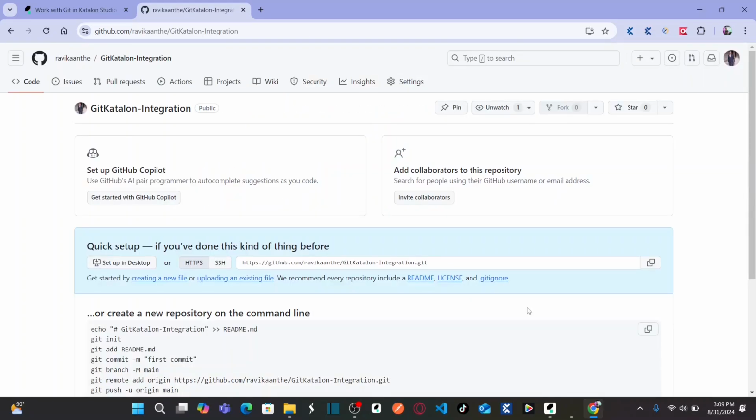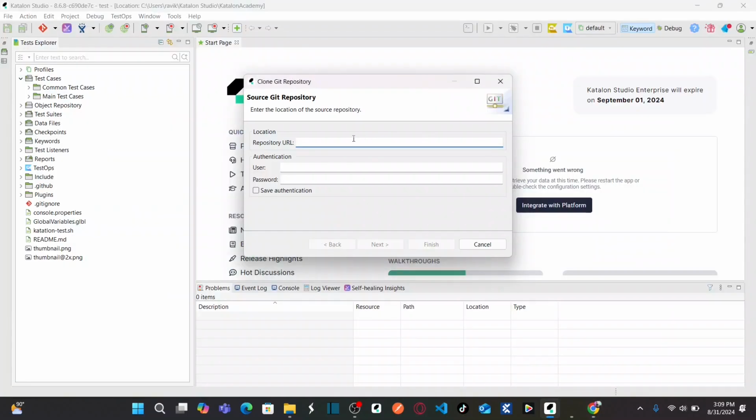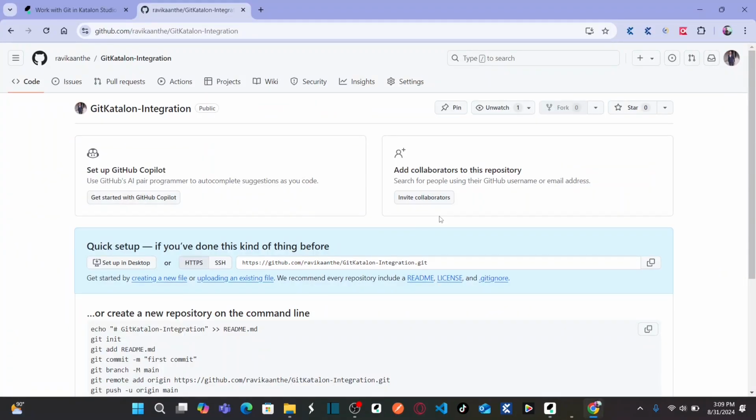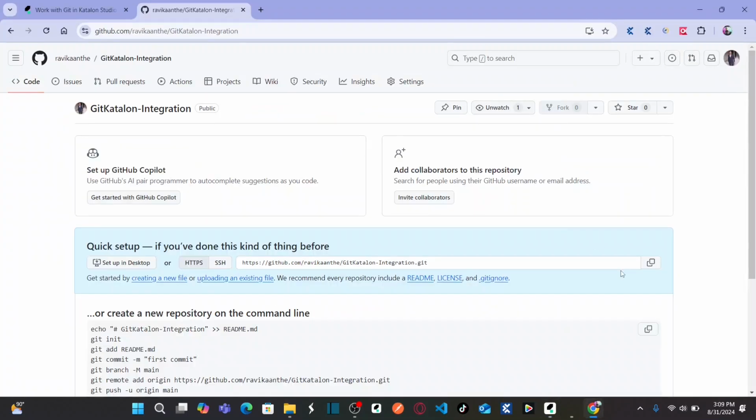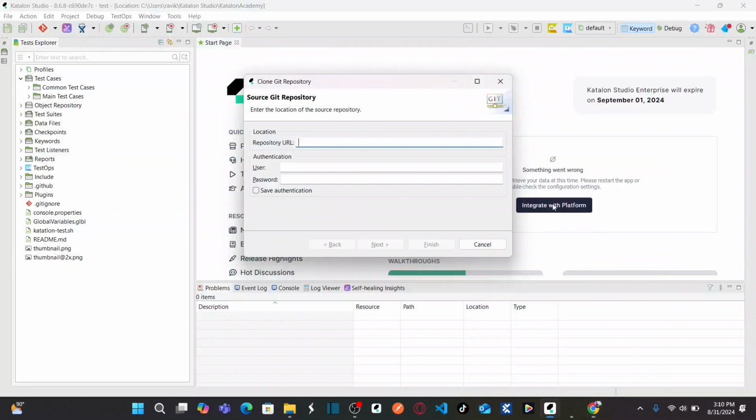As soon as you click on Create Repository, now Git Katalon Integration Repository is ready. And this is my unique URL for this particular repository. Okay, HTTPS URL. You can copy this one and go back to Katalon Studio. Here I am cloning the newly created empty repository to Katalon Studio. How? I need to copy this repository URL, paste it here. So if you go to our presentation,